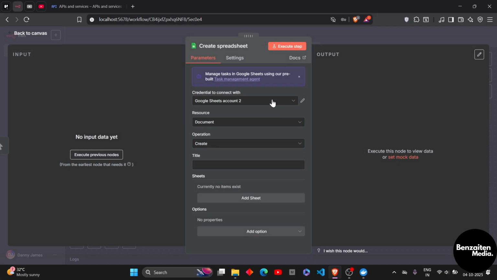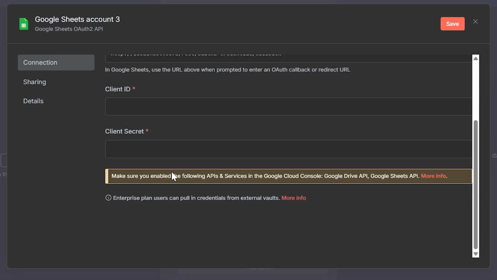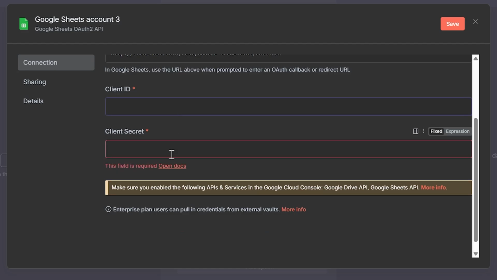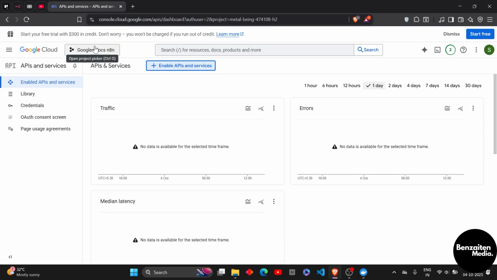Now, I want to create a spreadsheet. That's why I've clicked on Create Spreadsheet. After that, click on Credential to connect with, and then click on Create New Credential. After clicking here, you will see that you need the client ID and the client secret. Now to get both of these, you need to head over to the Google Cloud Console, and from here you